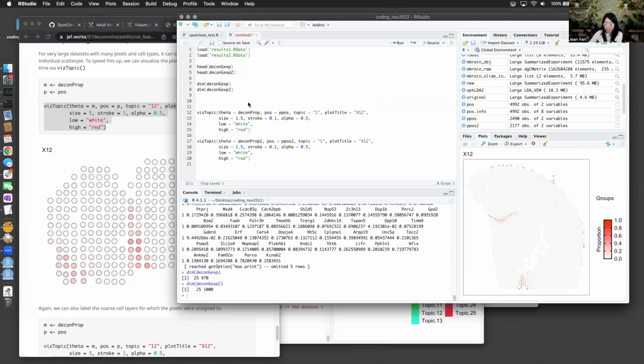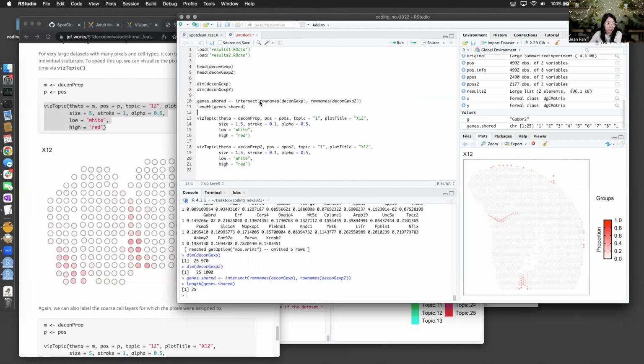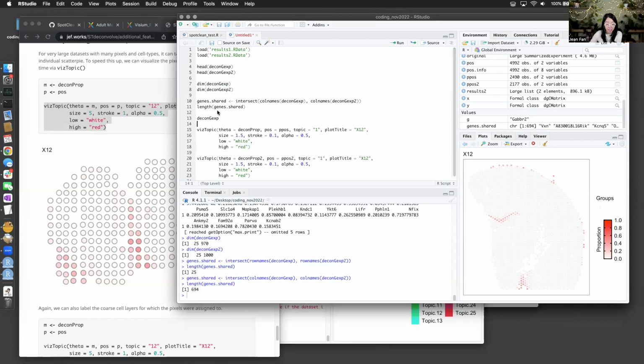So yeah, they don't have the same number of genes. So if I want to correlate every deconvolved topic with every other, I'm going to need a shared set of genes. So let's see, I wonder how many genes are shared. Oops, not row names, column names. So yeah, there's 25 rows, 25 cell types. And yeah, 970 genes in the first case, 1,000 genes in the second case. The majority are shared. So now, if I just restrict to the shared genes,